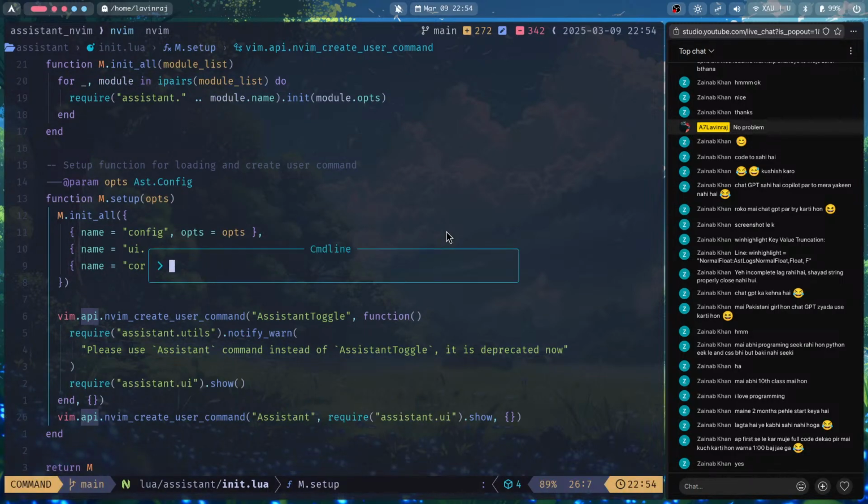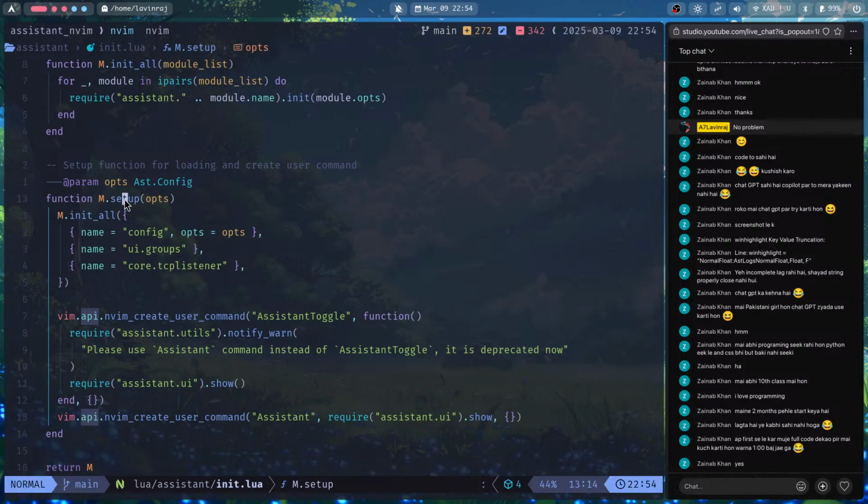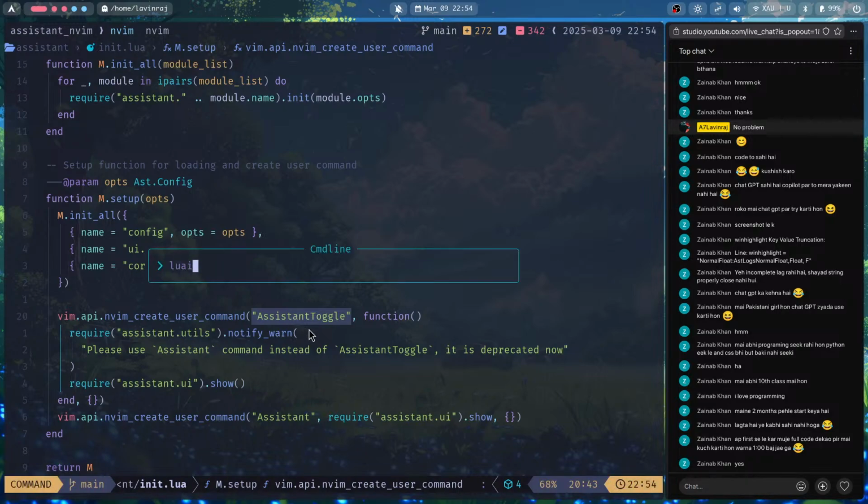I think you are well aware of this setup function. The setup function is a pretty common function in every plugin, and every plugin should have this setup function to get set up at the time of plugin loading, right? So when you call assistant.setup, this setup function is also a special function in Neovim